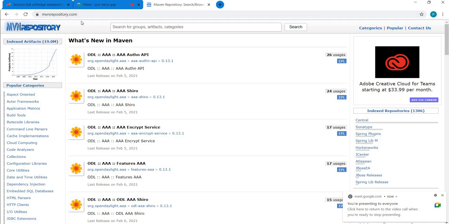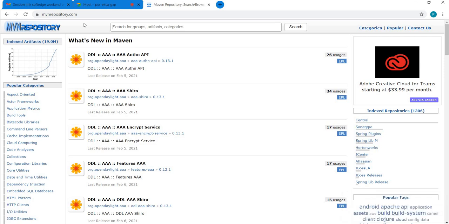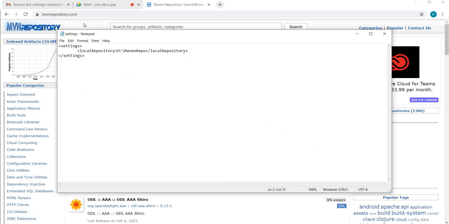Now accessing this website is also an internet request, isn't it? But if your machine is not allowed to make any direct internet access, so the internet access should always go through the proxy, if that is the case, then you have to tell the proxy also here in this settings.xml. Right now we are not working on any machine setup behind the proxy, but I'm just telling you this for the information that you have to mention these proxies,